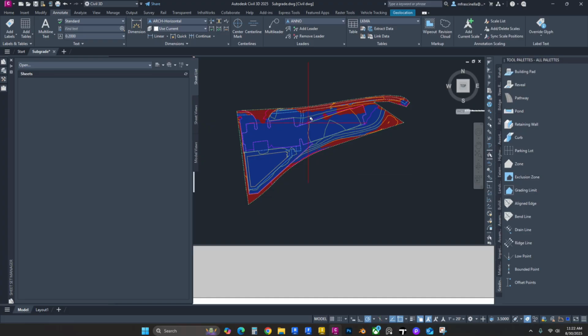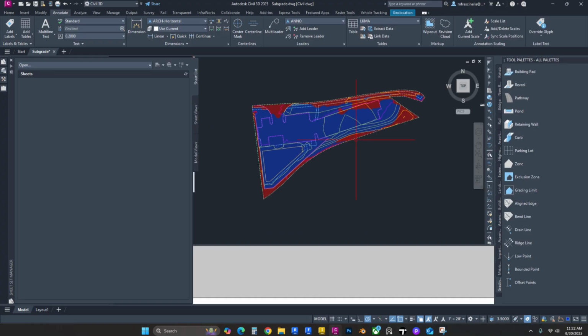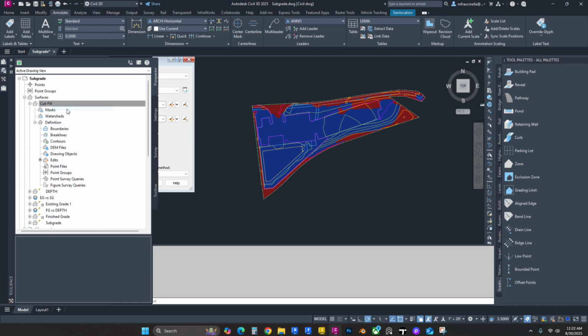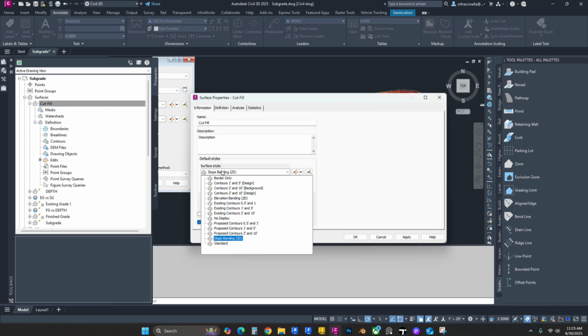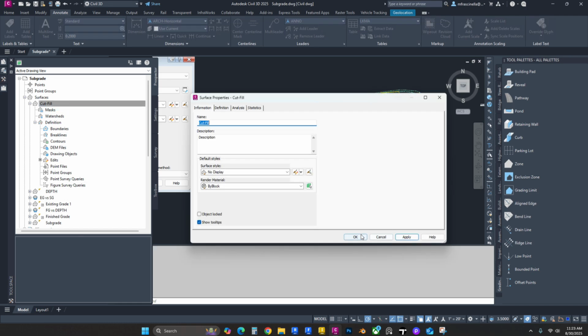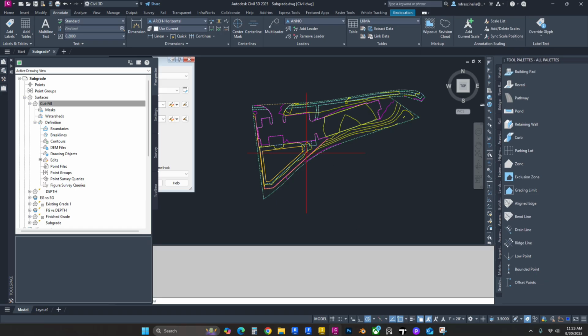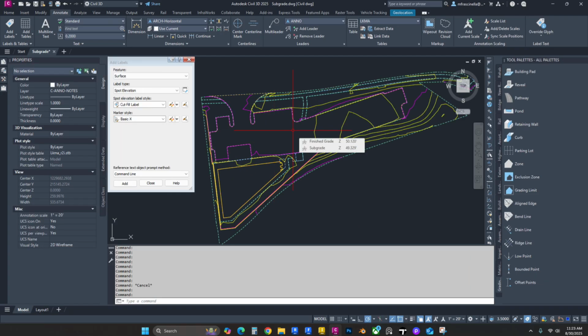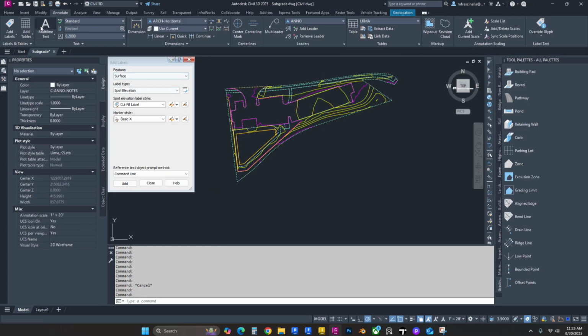Okay. So now another thing you could do, if say you didn't want to do the colors, let's just go back to this and set it to no display. Say you want just labels on this to show you how much excavation or how much cut is being done at that spot, right? In like a grid. What you want to do is go up to your labels,